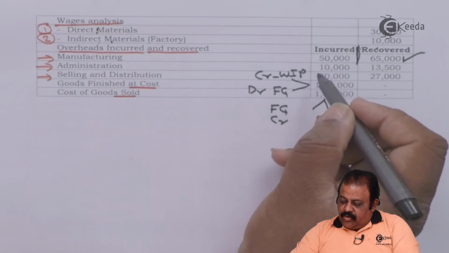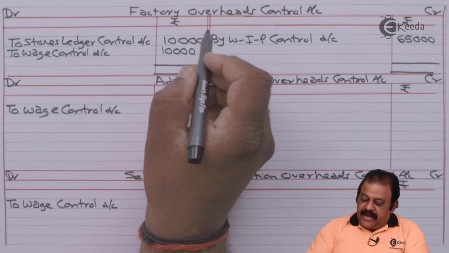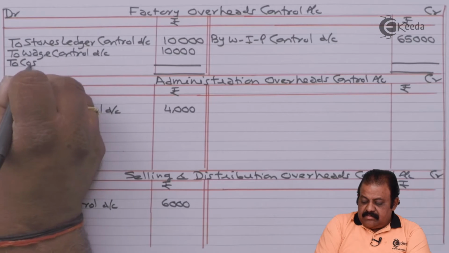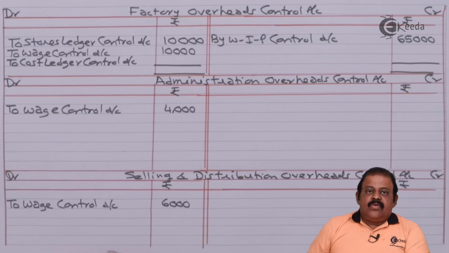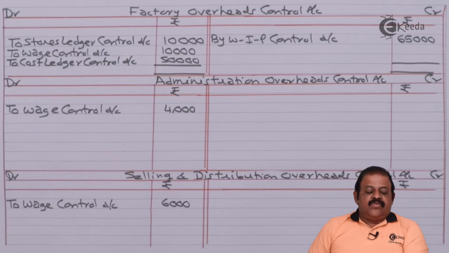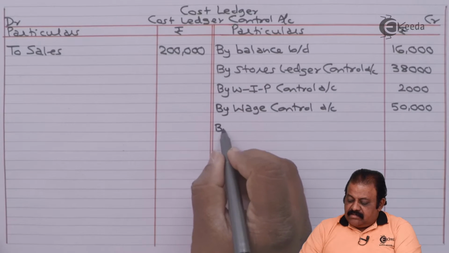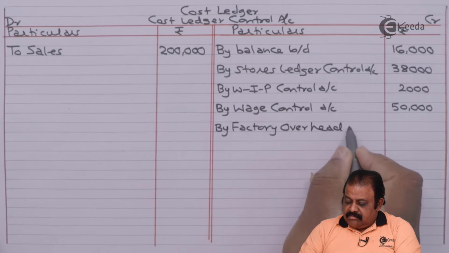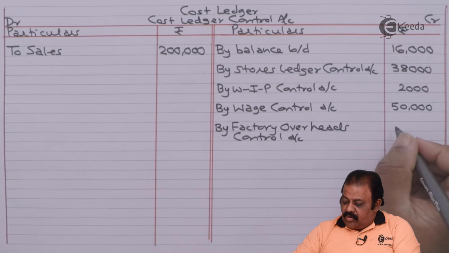Manufacturing, that is factory overheads, incurred 50,000. This will be recorded here to the debit of factory overheads account, to cost ledger control account 50,000. In cost ledger on credit side, we'll be recording this as by factory overheads control account